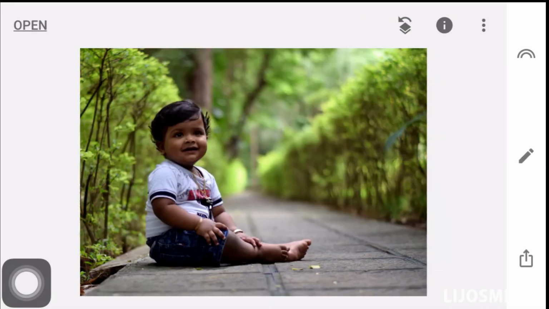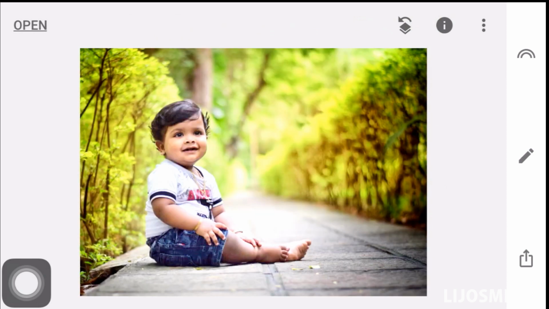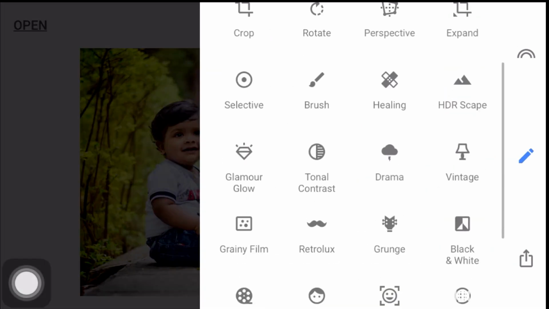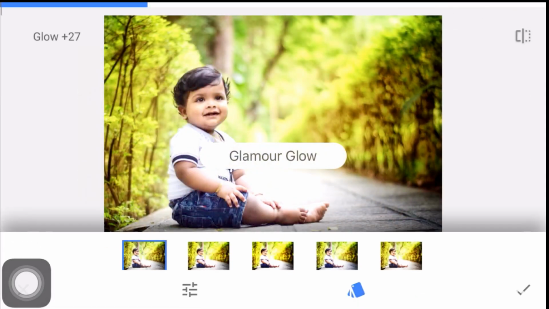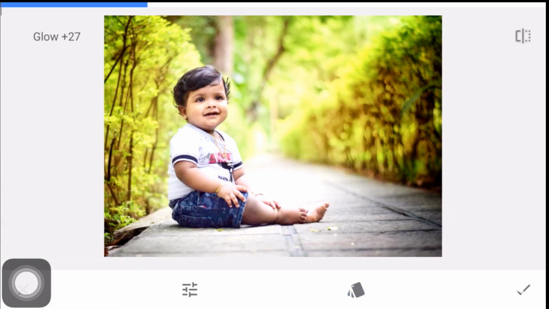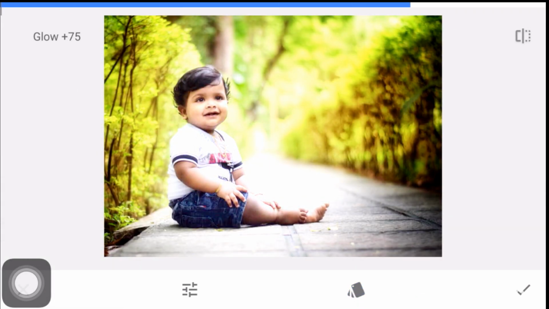Now you can see this is our raw image and how much it is transformed using this editing tool. And there is one glamour glow option. Using this we can smoothen, you can see how much it is smoothened.